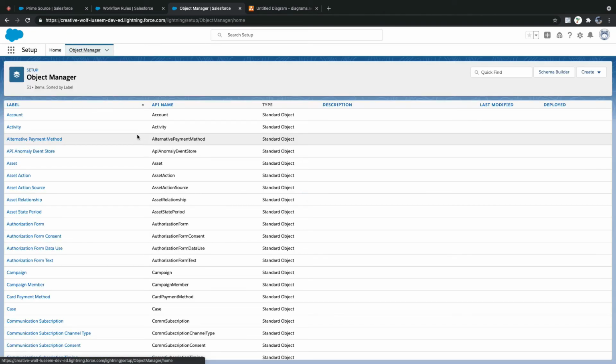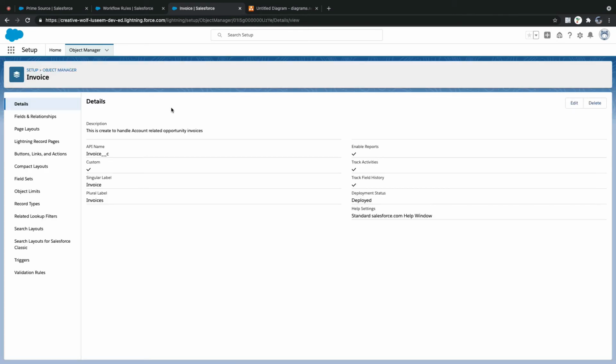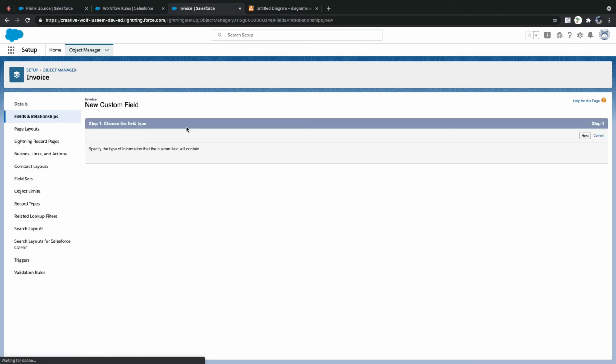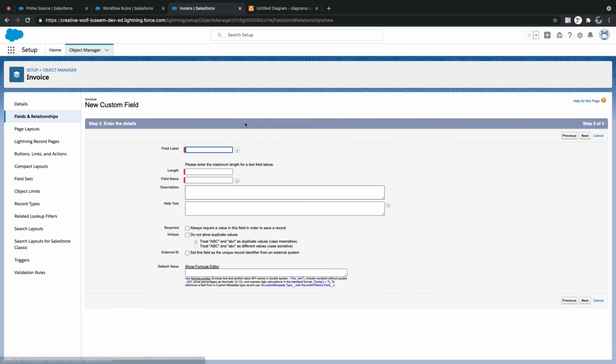Okay. Now what I'll do, so we have a first workflow rule, right? We have our invoice object. So we decided to avoid duplicates, right? So let me create two new fields. I'll create two different new fields, which are text type, okay? Next, start date text. This is something like, I'll say 18 characters and I'll say next.